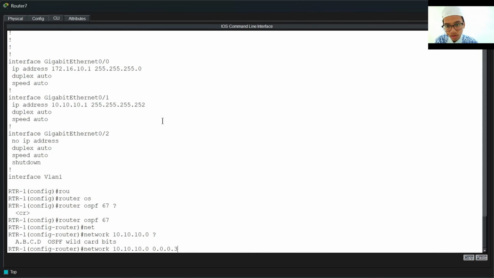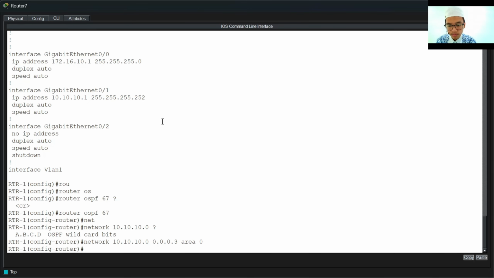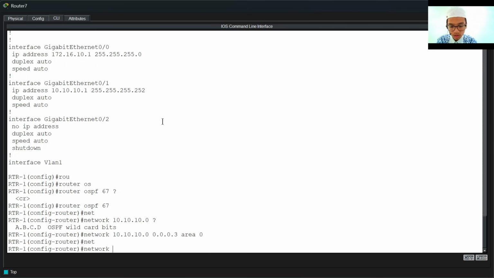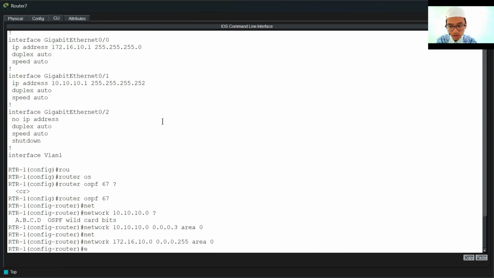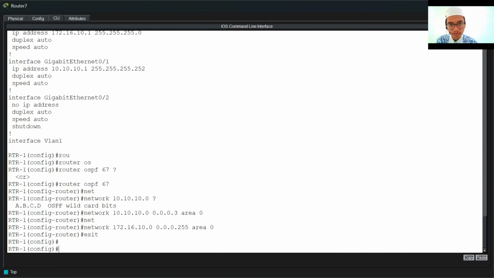And then don't forget the area. The default in OSPF is area 0. And then the network that connects to the PC, 172.16.10.0, with wildcard 0.0.0.255, and area 0. Okay, exit.